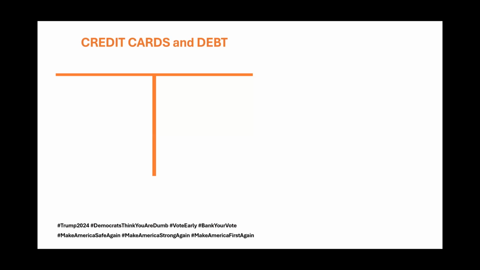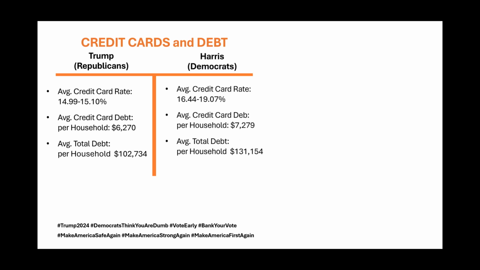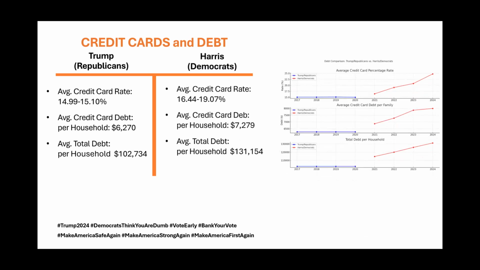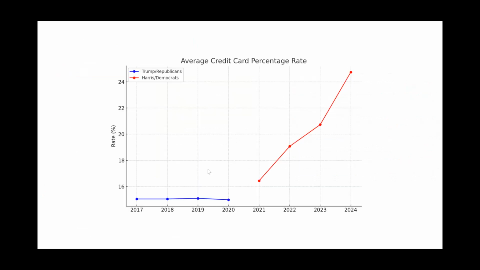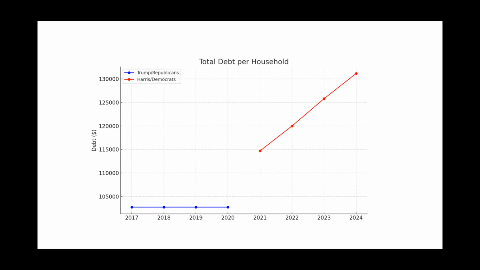How about impact on your savings? Credit card debt. Again, let's look at it in numbers. Credit card rate, debt, credit card debt, debt per household. Graphically, I think it looks even better on a single graph, better or worse, depending on your perspective. Trump and the Republicans, the policies kept it fairly low. Under the Democrats, your credit card rates have skyrocketed. Your credit card debt per family has increased, and your total debt per household under the Harris Democrat policies has